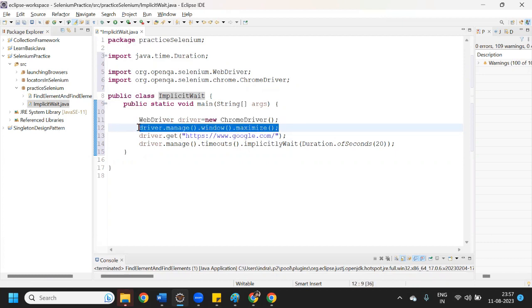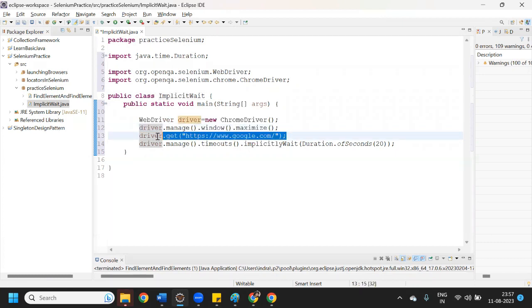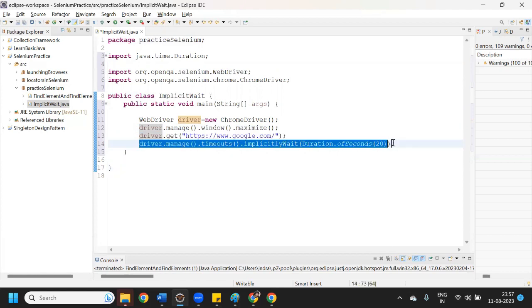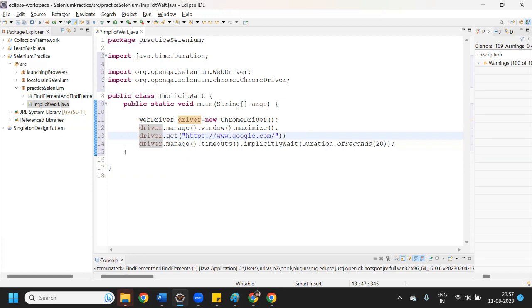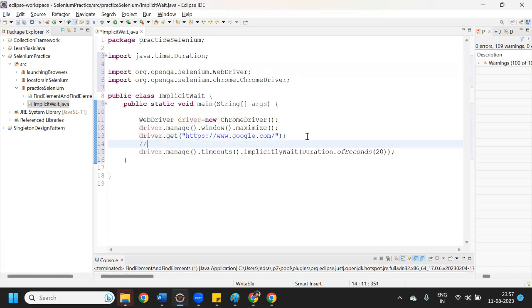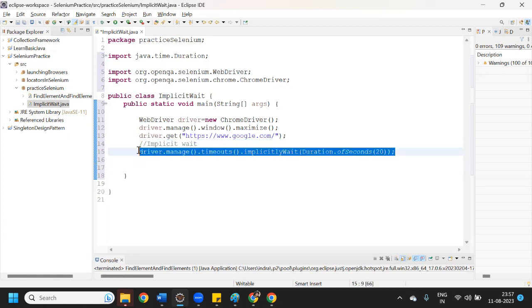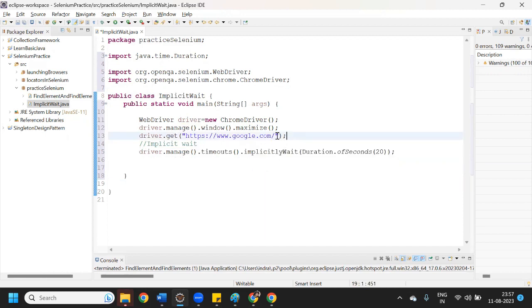here and maximizing the window, launching the application, and after launching the application, we will have to use this implicit wait. I will put here in the comment, implicit wait. So this implicit wait we can use after launching the application so that it can wait for that particular time for each and every find element and find elements. So now we can use here